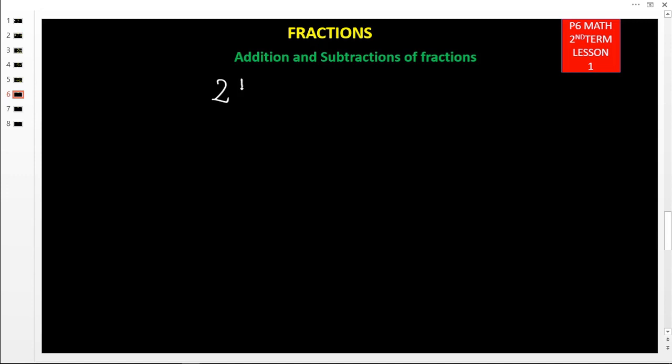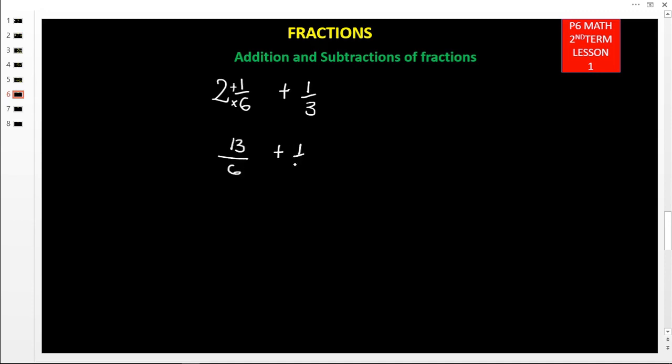2 and a sixth plus a third. Now when you look at that one, here we have a whole number, and this one is not a whole. So the other method I've told you, first adding the whole numbers, will not apply. Here we first change this into an improper fraction: 2 times 6 is 12, plus 1, it is 13 out of 6,